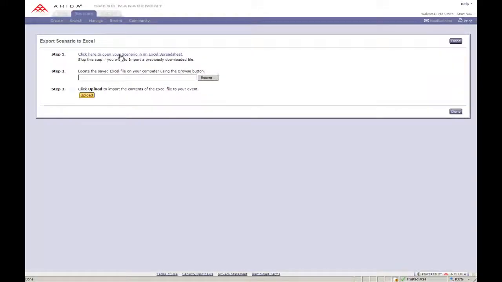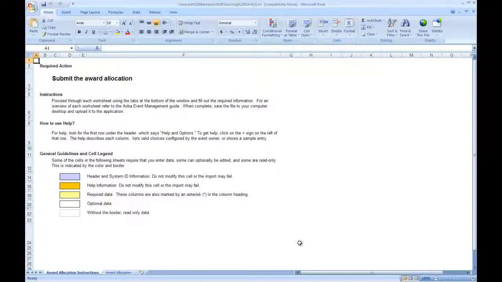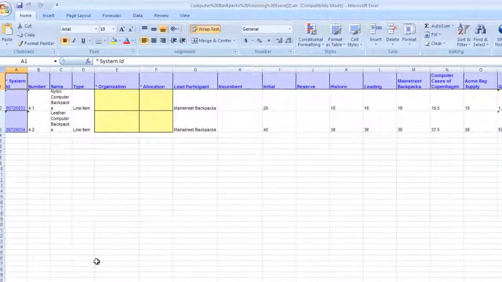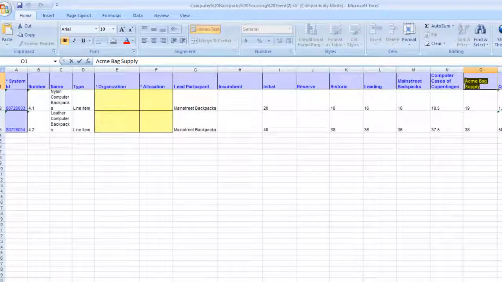And step 1, you need to open up the scenario in an Excel worksheet. This is the instruction sheet, and the next tab, Award Allocation. This is where you can award the items. So I'm going to give Acme,